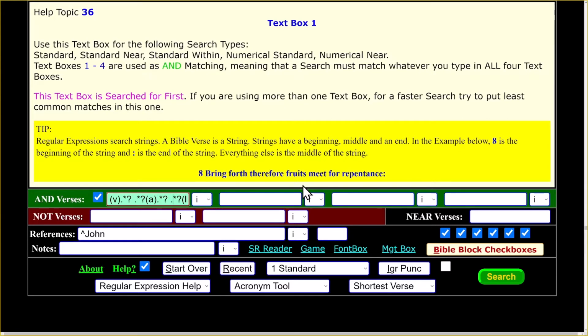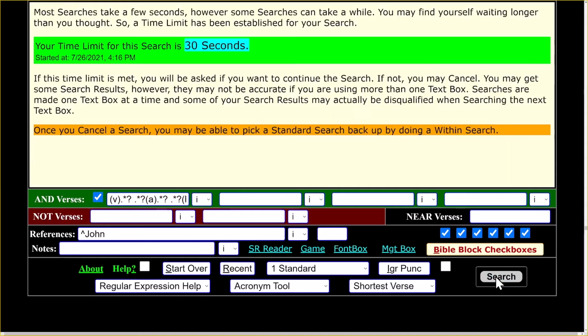So you can see that all the letters in Valentine are in parentheses. So when we search for it,